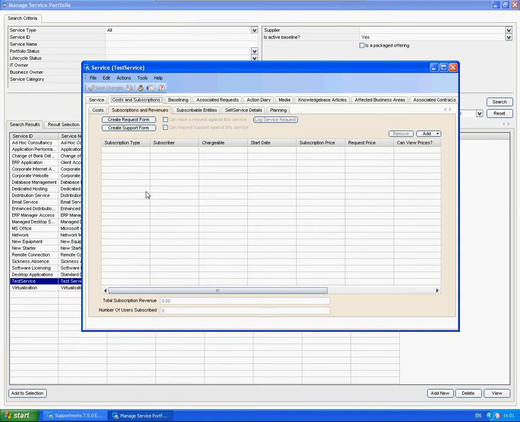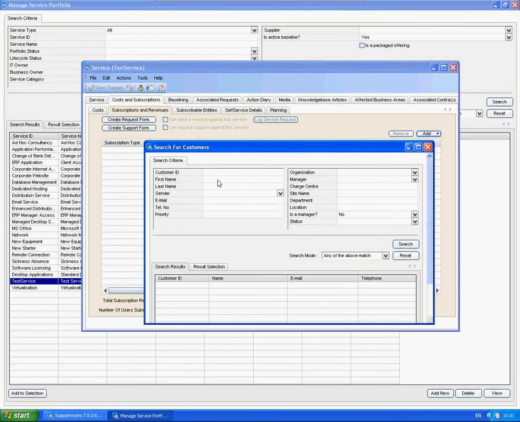So what I'm going to do is go through the options within the add menu. You have add in a customer, organization and department. It's also been logged as an enhancement request to include site to this list as well. So if you wish to subscribe customers in bulk to a particular service, for example your email service, most people will probably be using that, so you might want to subscribe organizations, and you can subscribe more than one organization at any one time as well. In this case what I'm going to do is just choose customer,